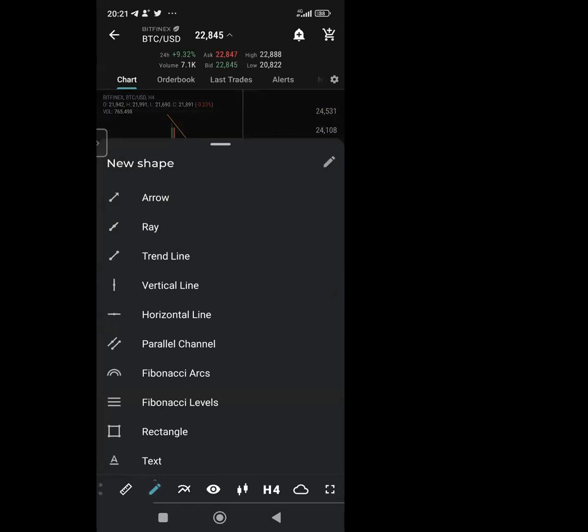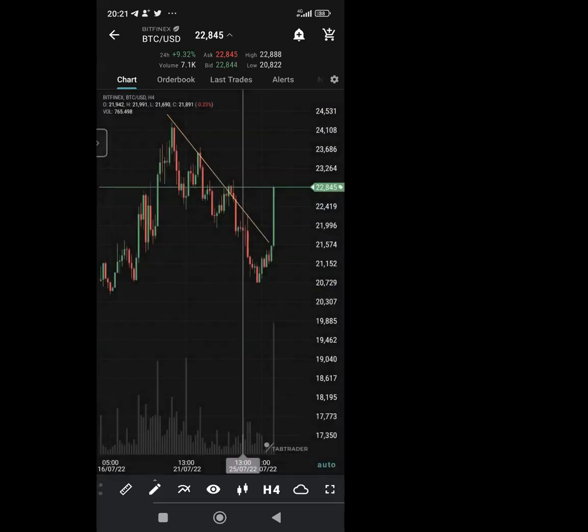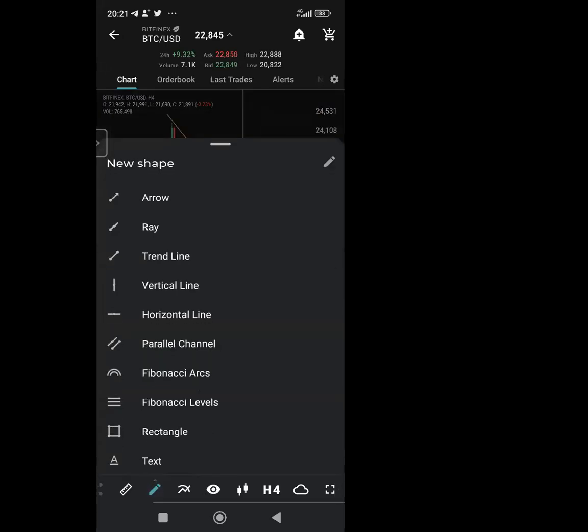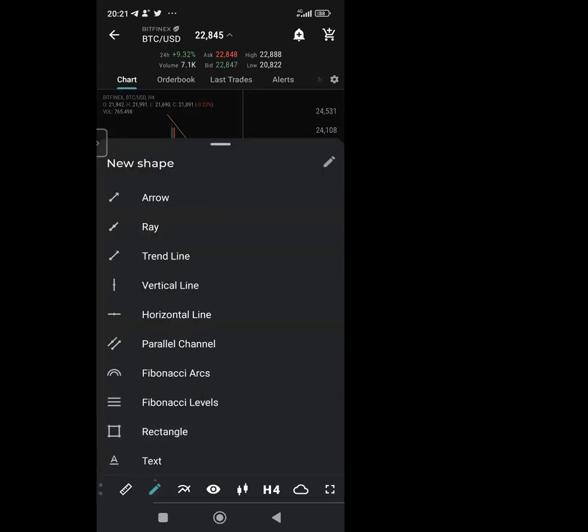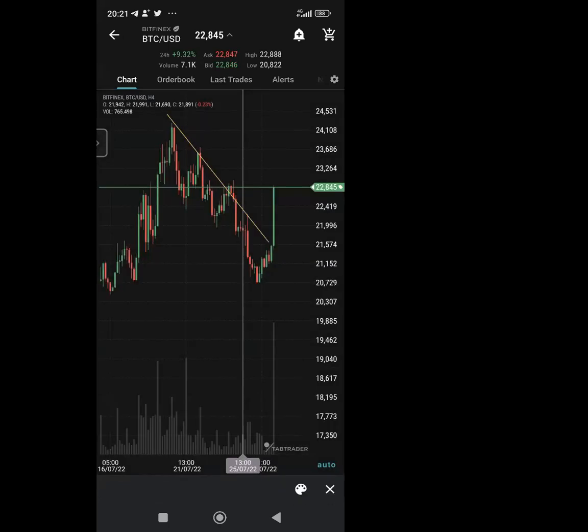You see that thing that looks like a pencil, the second item from the left. You click it, and you see different tools come up. The trend line tool is what I use in drawing this. So to show you, when you see people saying I do TA, they'll draw lines,